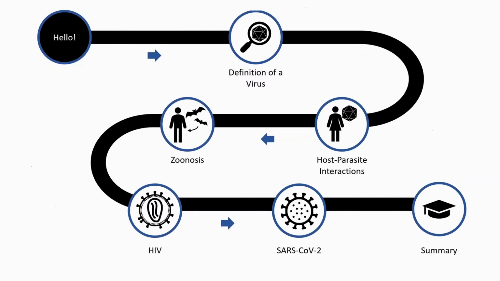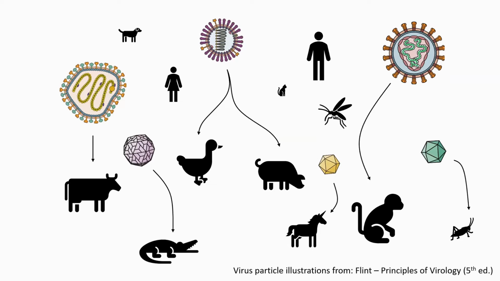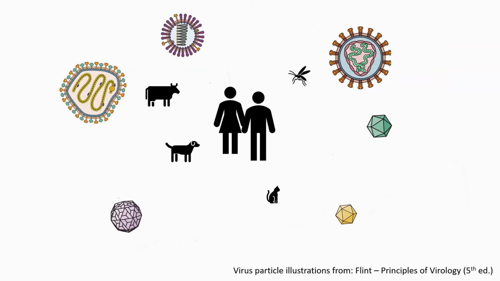Now we can move on to what happens if a virus crosses species barriers, which is what we call zoonosis. As I pointed out in the beginning, we are in contact with many different viruses on a daily basis. And we are living very closely together with different animals because we domesticated them, we keep them as pets, we use them for various reasons, or we just coexist together in the same habitat. They all have their set of stable and unstable interactions with different viruses, and we are living in the middle of this. So of course we get in contact with viruses that are not adapted